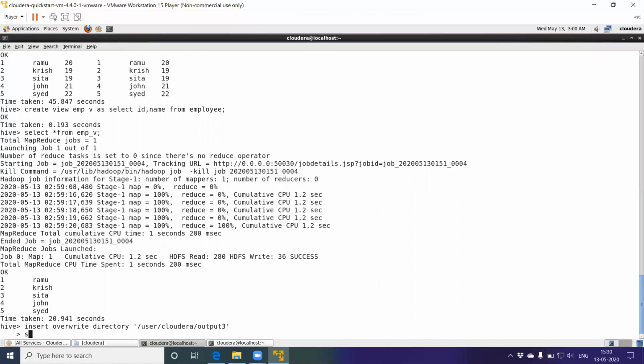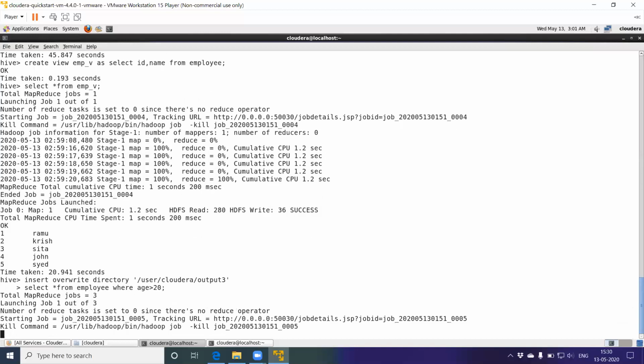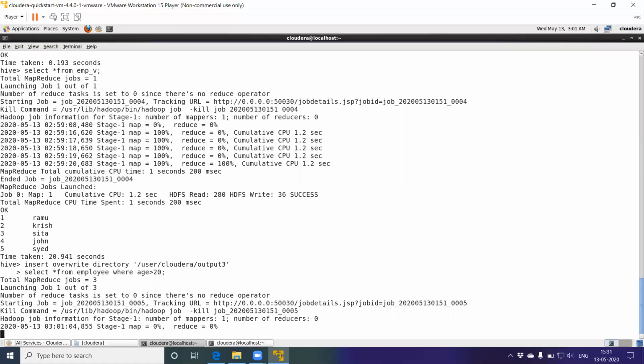A query you need to write: select star from employee where age greater than or equal to 20. Press semicolon. So I would like to store the result of this query into HDFS. My result will be stored in a directory output3.